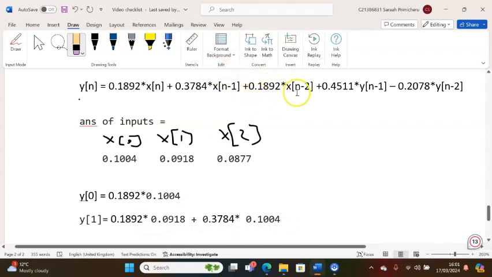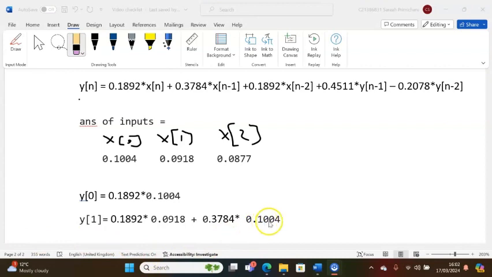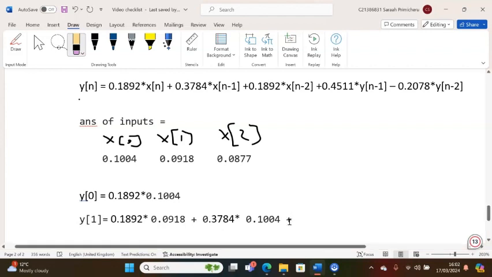Then moving on, we have 1 minus 2 is going to give us minus 1, so it's 0 multiplied by this, which still gives you 0. And then next we have this part here and this part here. So with those parts, all we're going to do is add, in this case, this multiplied by